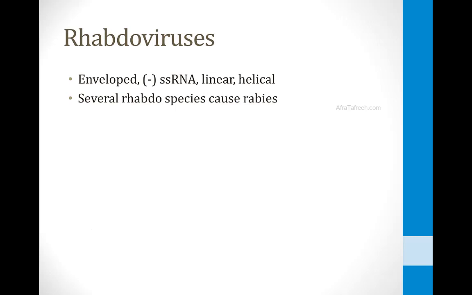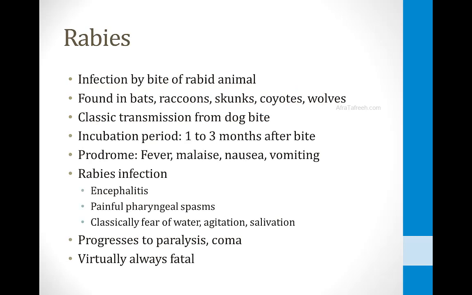Next family of viruses are the rhabdoviruses. These are all enveloped viruses with a negative sense single-stranded RNA genome that is linear with a helical capsid. There are several species of rhabdoviruses, and they all cause the clinical syndrome of rabies. So rabies is an infection that you get from the bite of a rabid animal. The rabies virus is found in bats and raccoons and skunks and coyotes and wolves. The classic transmission is from a dog bite, although in reality dog bites are only responsible for a small number